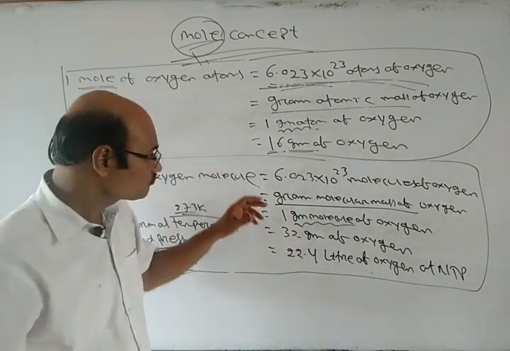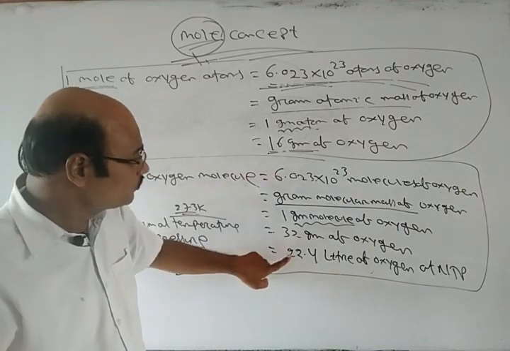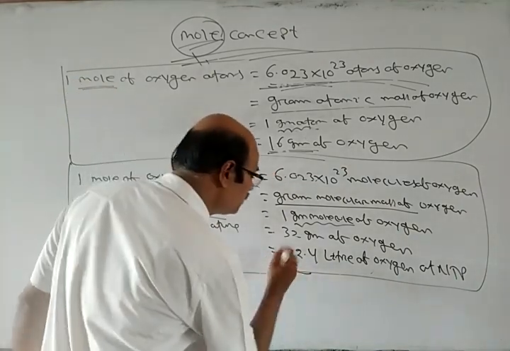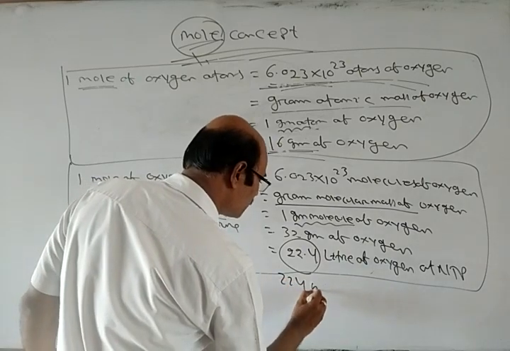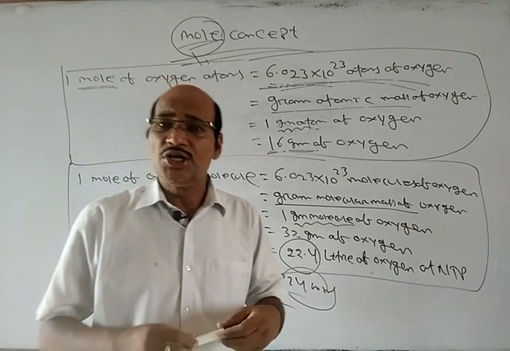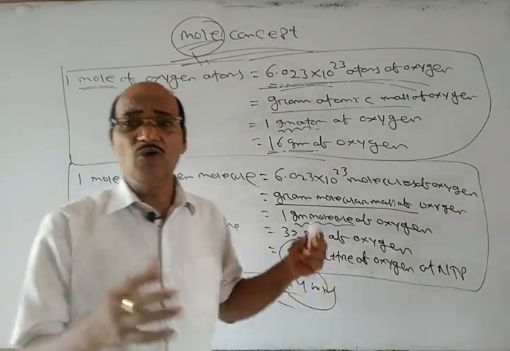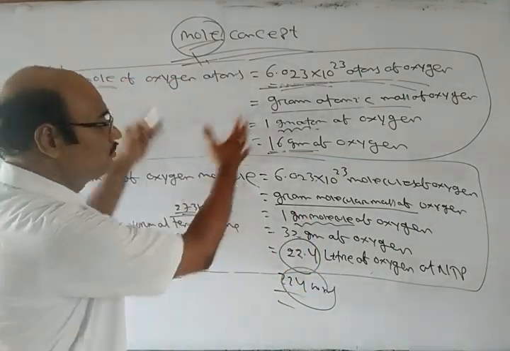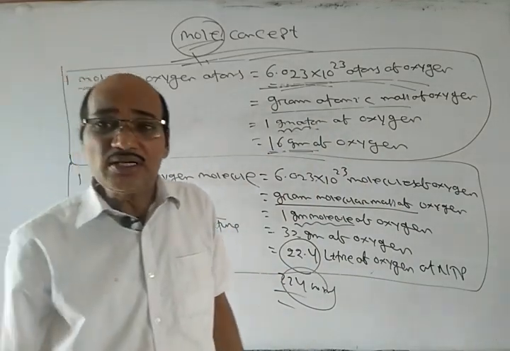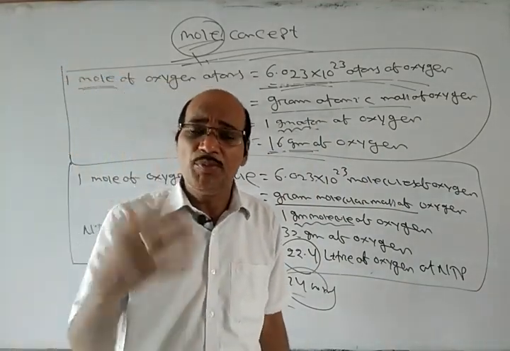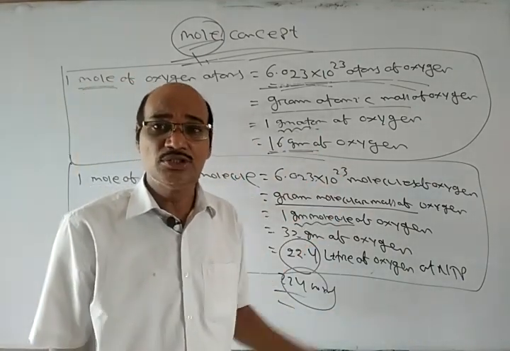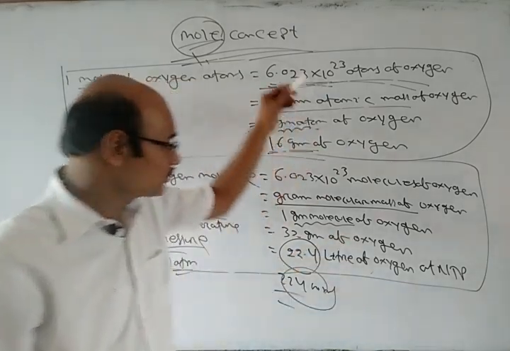Okay, so I can relate this volume into mass and mass to volume, and also I can relate the number of molecules into volume and volume into number of molecules. This also I can take as equal to 22,400 milliliter. That means a number of relationships we can establish from this mole concept, so we can solve a number of numericals based on this. Now let us discuss some numericals based on this concept.